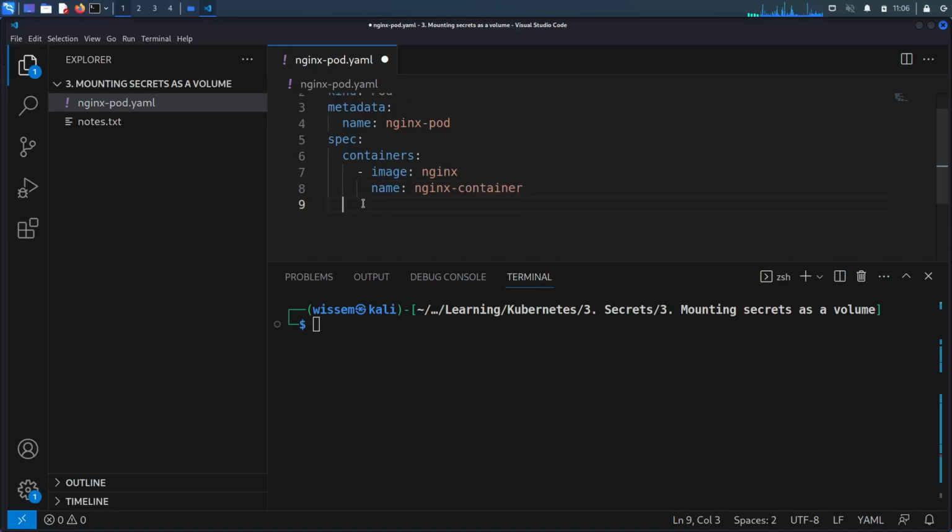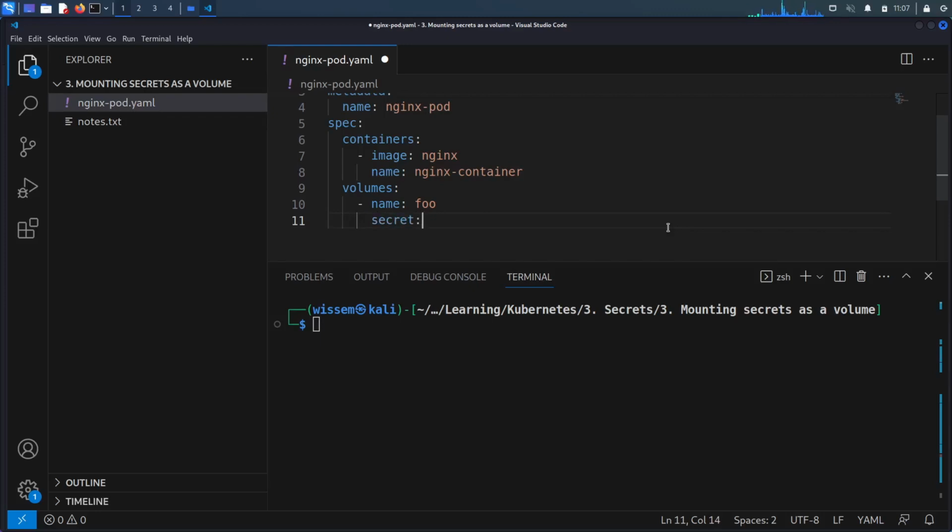container. Okay, and what we have to do now is to create a volume of type secret and then mount it to the Nginx container. For that, we're gonna use the volumes property, which is an array. So here we're gonna create a volume called foo, very simple name. This volume is of type secret, that's why here we have the secret property, and then we have to give the volume the name of the secret, and that's done using the secretName property. So here we have secretName, and we give it the name of the secret, which is